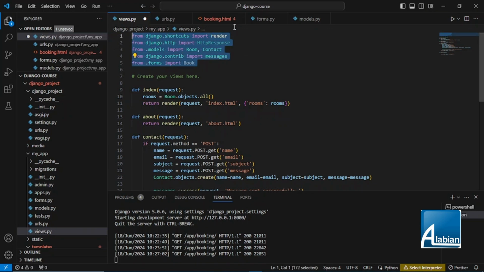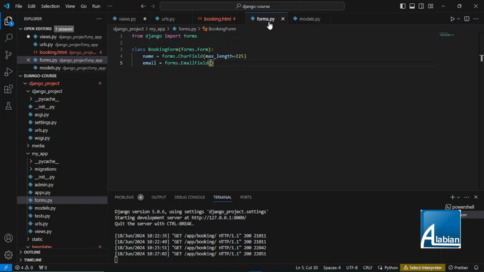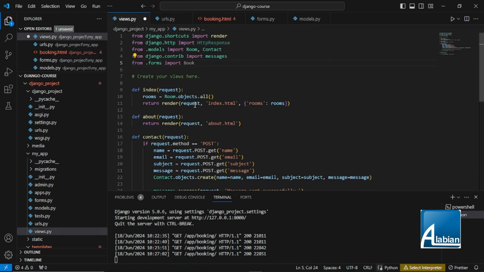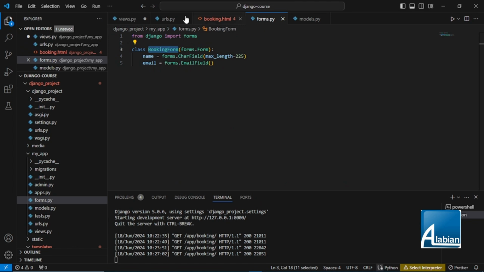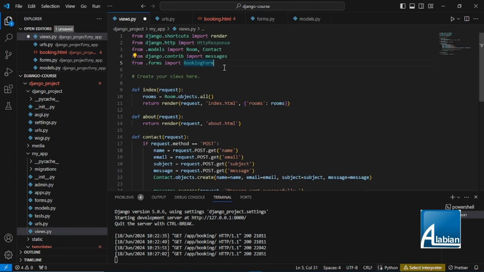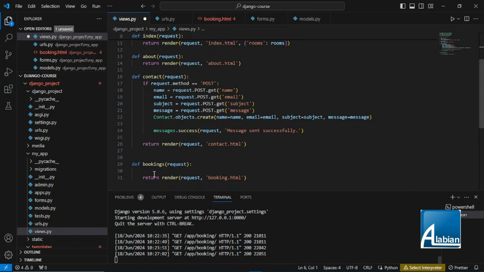Hope I'm on the right path. Yes. Import, this is what I'm going to import. Booking from... yes, import booking from. Now that I've imported it, I can view it, because I want to